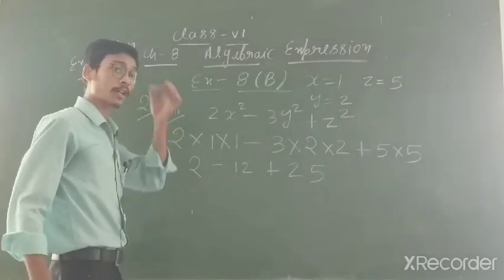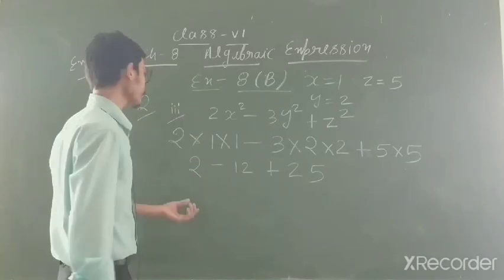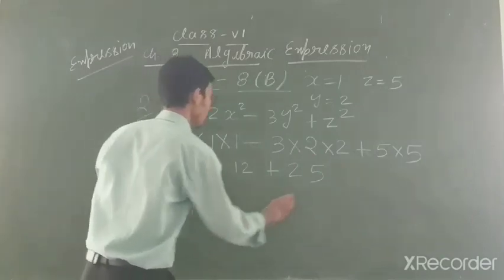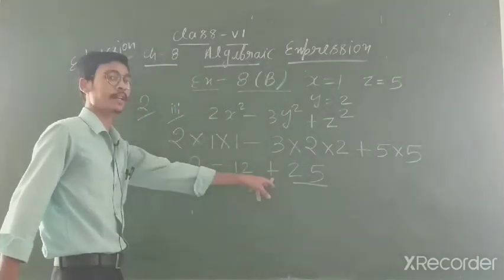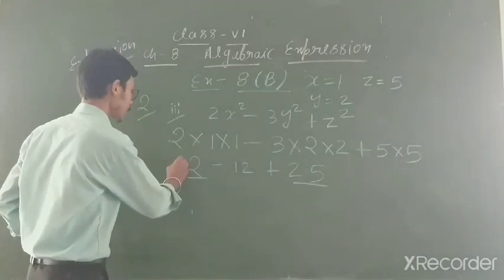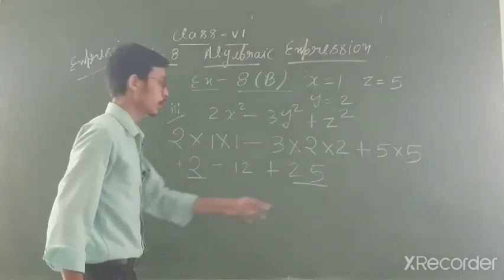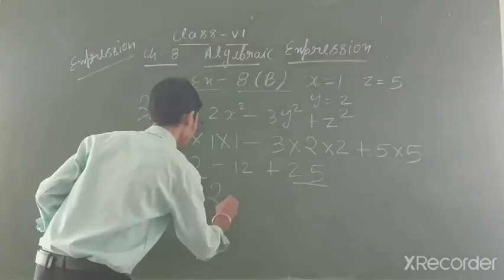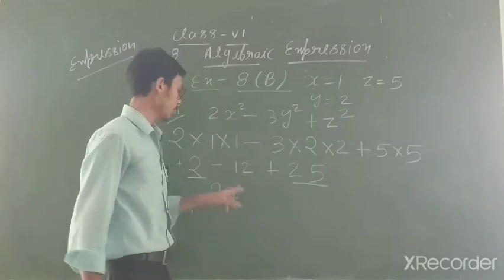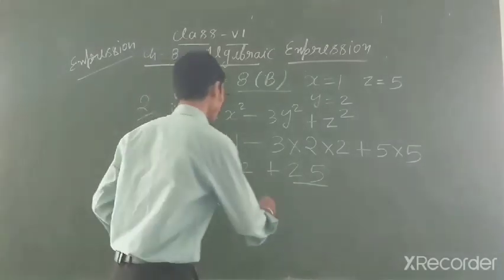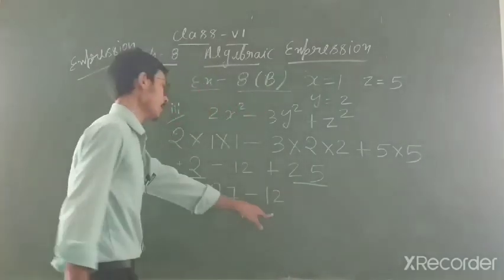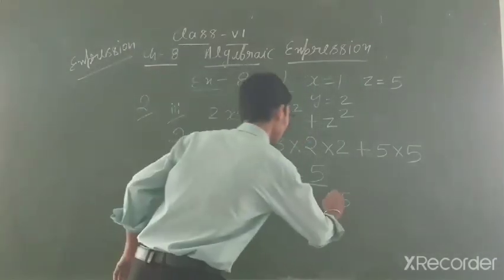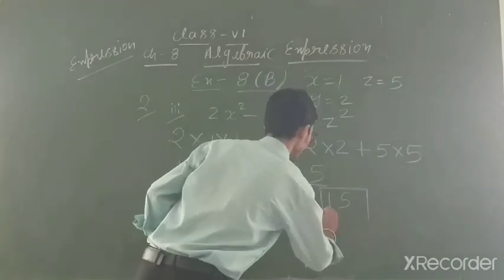Clear? Now what will you do? First I explain to you: in integers, first you will add, then you will subtract. So first you will add, this is 2 and this is 25. Here a plus sign is given and here 2 is given. Here nothing is given and it is plus. It is understood. So 25 plus 2 will become 27. Clear? Now this is given 12, so minus 12. You know that 7 minus 2 will become 5 and 2 minus 1 will become 1, so 15 is our correct answer.